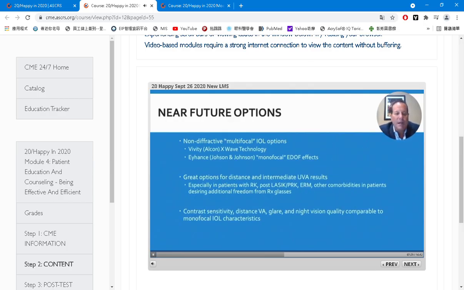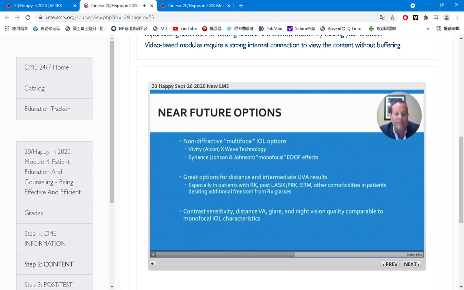Near future options: non-diffractive multifocal, quote-unquote, IOL technologies like Vivity from Alcon with its X-Wave technology, and the Eye Enhance from Johnson & Johnson, which is really a monofocal with EDOF effects. These will be great options for patients where you can focus on giving them distance and intermediate uncorrected visual results, especially if they've had prior RK, post-LASIK PRK, epiretinal membranes, or other corneal or ocular morbidities, desiring additional freedom from glasses, where some of the trifocals and EDOFs prior to this technology might have created some more aberrations postoperatively, especially